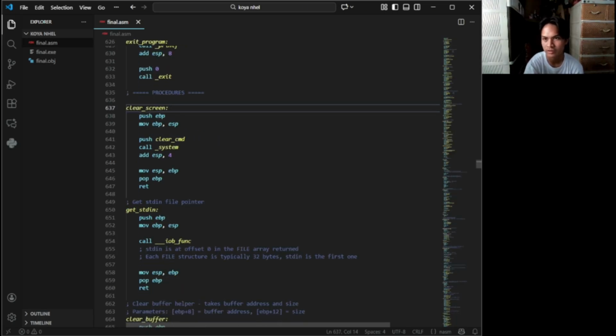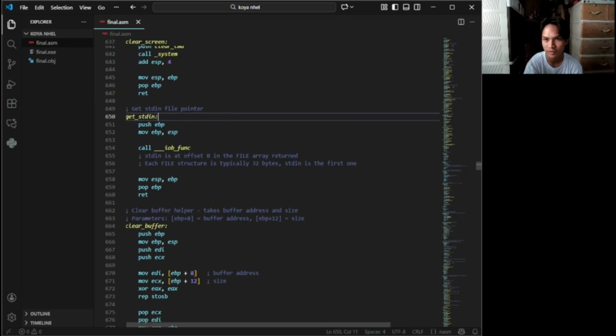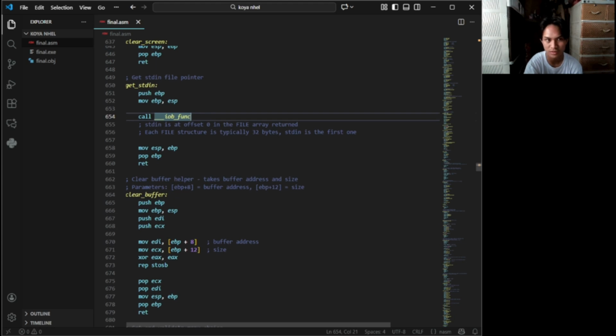Now, I will explain each set of helpers and procedures. First, the input, output, and basic utilities. Clear screen calls the system CLS command to clear the console. Get stdin obtains a stdin file pointer by calling the iob func, which the code passes into the input routines.